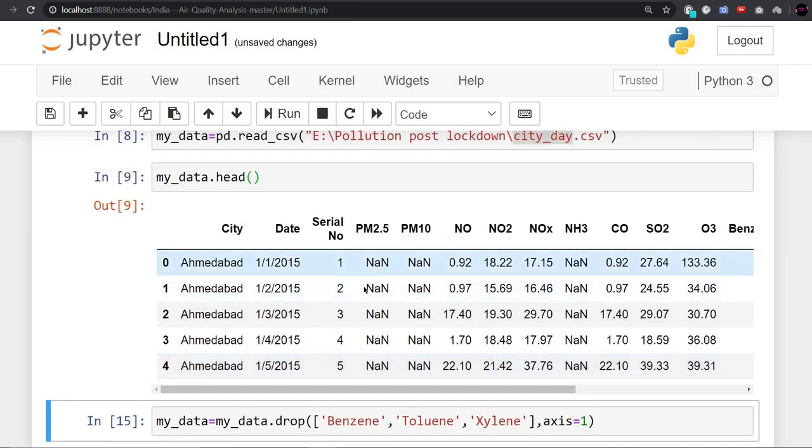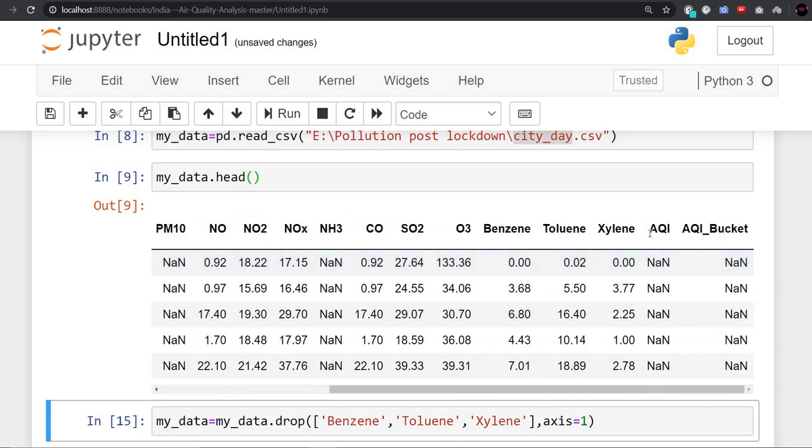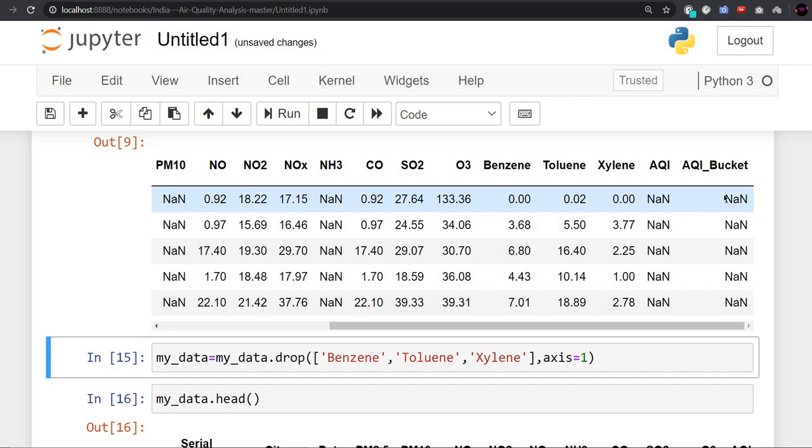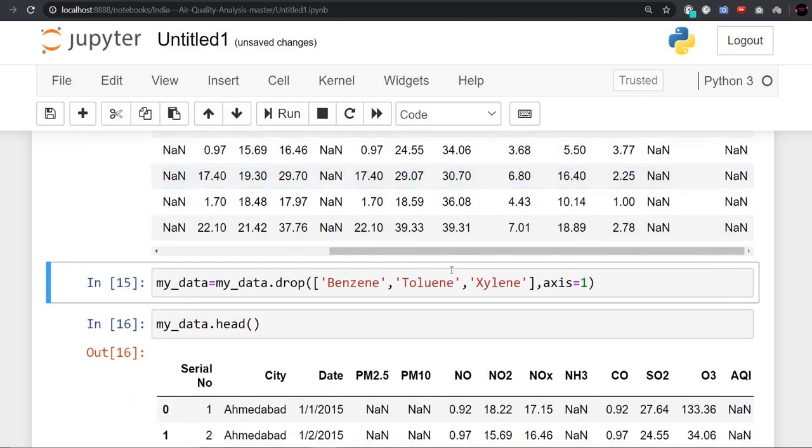These are the top 5 rows, and it shows us the cities, the dates, and the different compositions. After that you can see the AQI value, which is currently NaN, and the AQI bucket. The AQI bucket has AQI categories like moderate and severe.